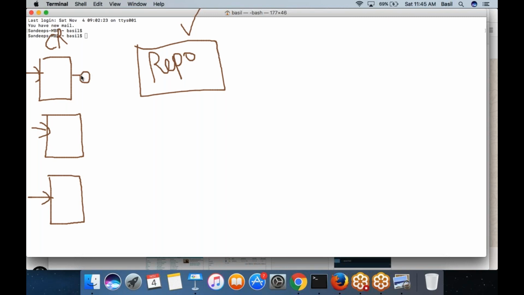Developer will take the work, and in every organization there will be some tools to track these change requests. I'm not going to talk about it right now, but let's assume each change request is being worked on by individual developers. So what they need to do, they need to make some change in the source code. They change the code. After they are done with the work, they will add their work into a repository. It's a central repository. Assume this is a central place where it will get the work done by individual developers.